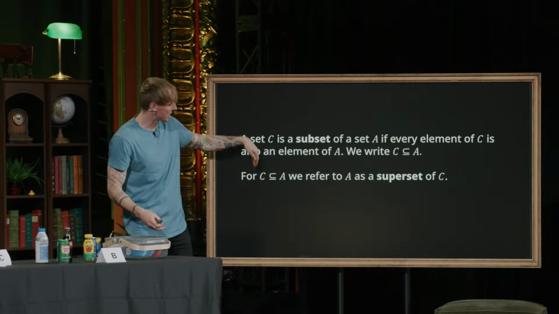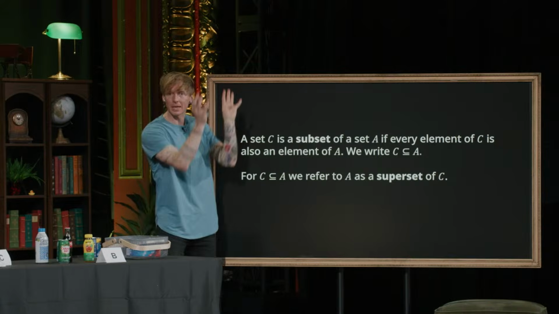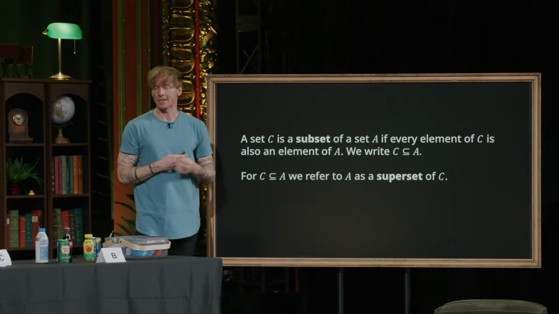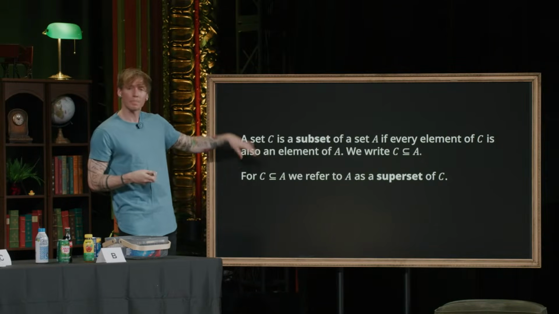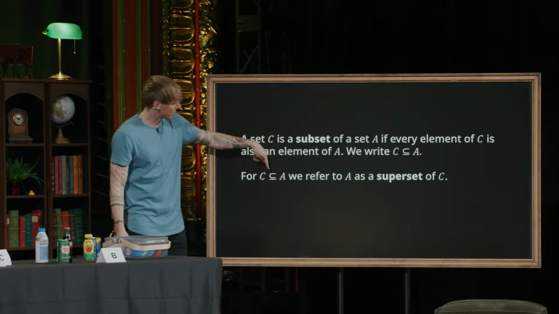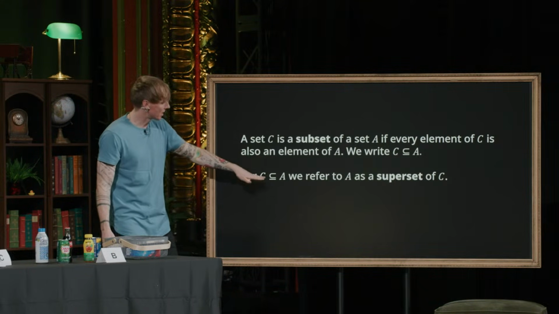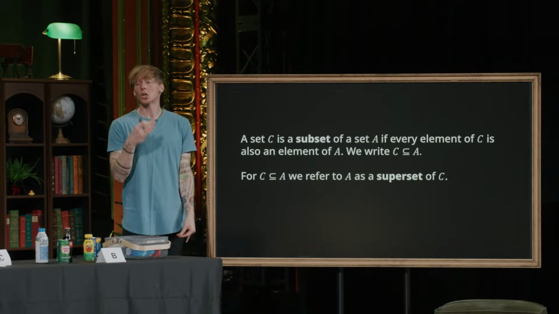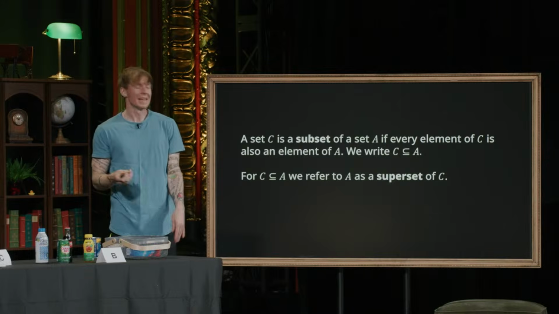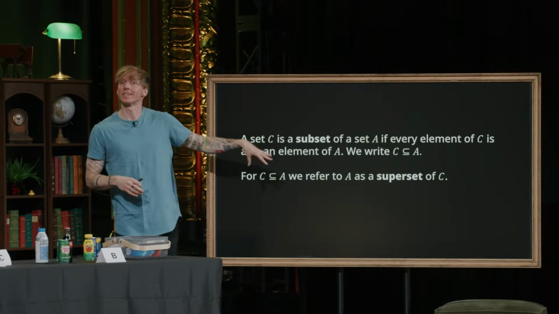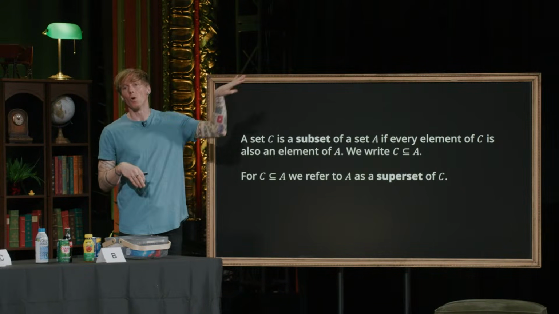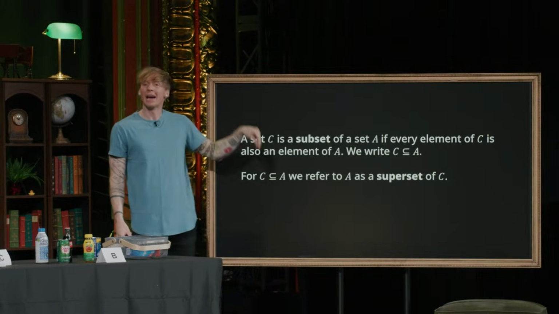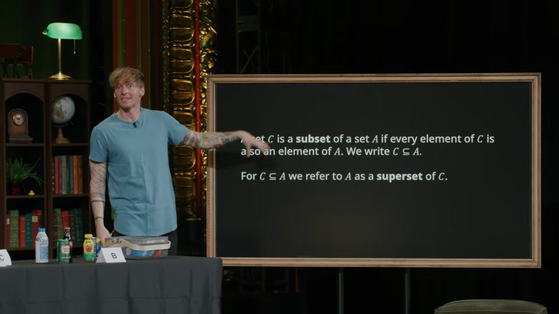So the smaller one, C, is the subset, and A, the bigger one, we call the superset. And a final thing on subsets and supersets is you'll notice with both of these symbols that we've used, we have this kind of curly C, and then underneath we have a line. Now this line is saying that these sets could be equal. It's kind of like an inequality, where we have a strictly less than or a less than or equal to. We add that additional line below the symbol, and we do the same thing here with our sets and our